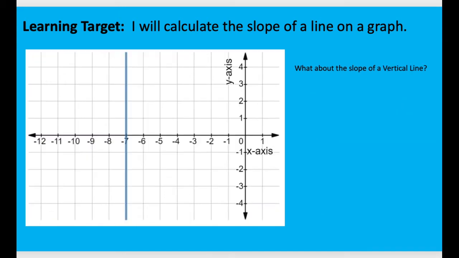Now let's calculate the slope of a vertical line. So it's kind of the opposite of a horizontal line. So I know that when I'm calculating slope, the numerator is going to be the vertical change or the change in the vertical distance, and the denominator is the horizontal change. So when I look at this line,